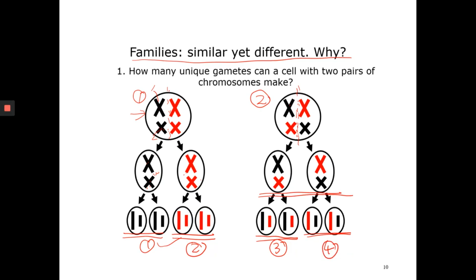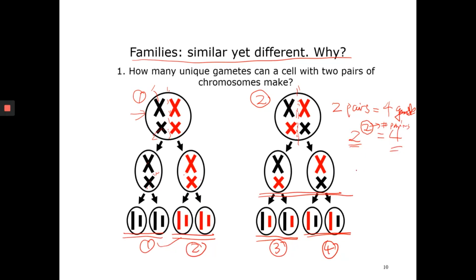So in this case, you can see that if you have 2 homologous pairs, you are going to end up with 4 unique gametes. 4 unique gametes. So the equation is actually pretty easy. I can tell you right now. So that's 2 to the second, that's 4. So this 2 is a fixed number. It's constant. And this exponent represents the number of homologous pairs. Okay? So number of pairs. So if the cell has 2 pairs of homologous chromosomes, if the cell goes through meiosis, it's going to generate